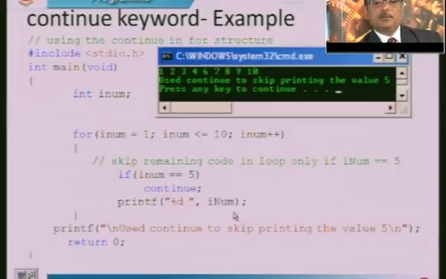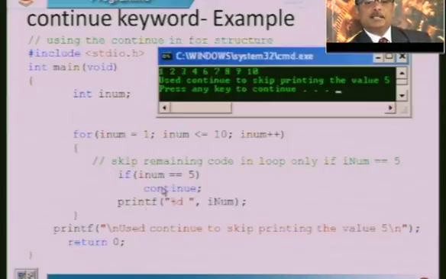It prints the value 6. This is how you can take the help of the continue statement in your program to skip some part of the code. This part of the code is skipped when inum is 5. So control goes to the increment in the for loop and checks the condition. So this is the example to demonstrate how the continue statement can be used in your programming.